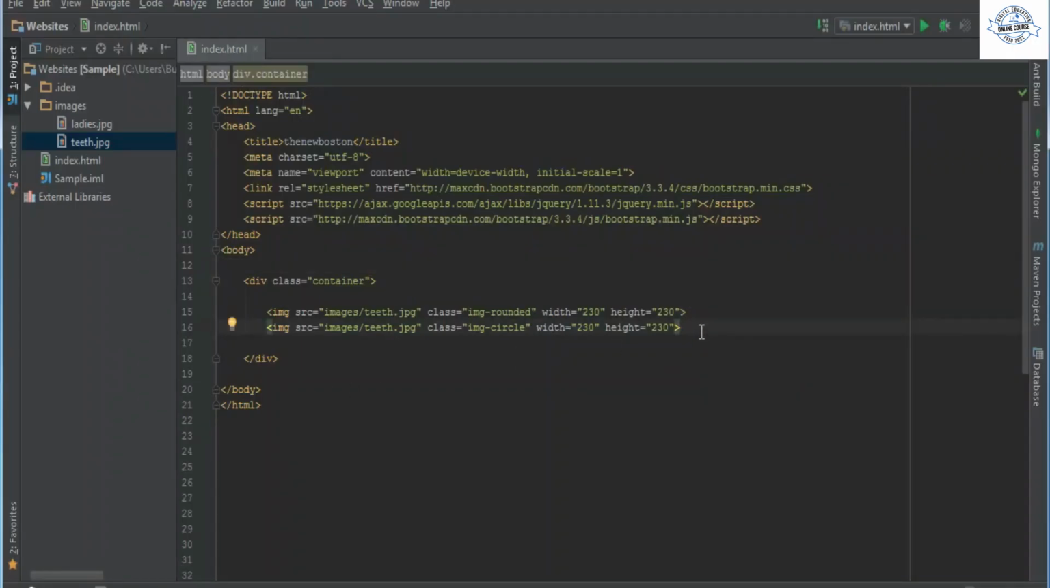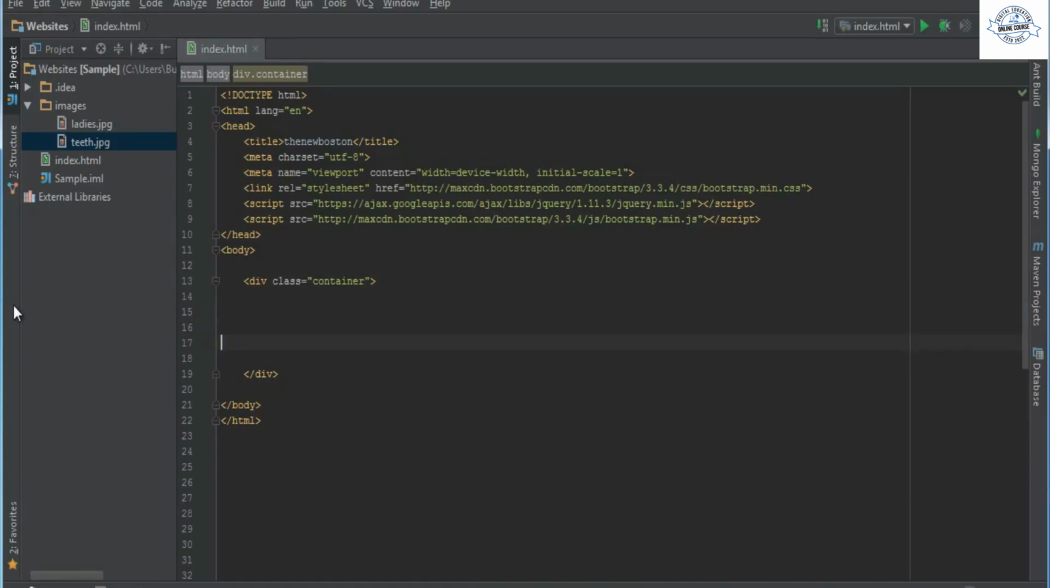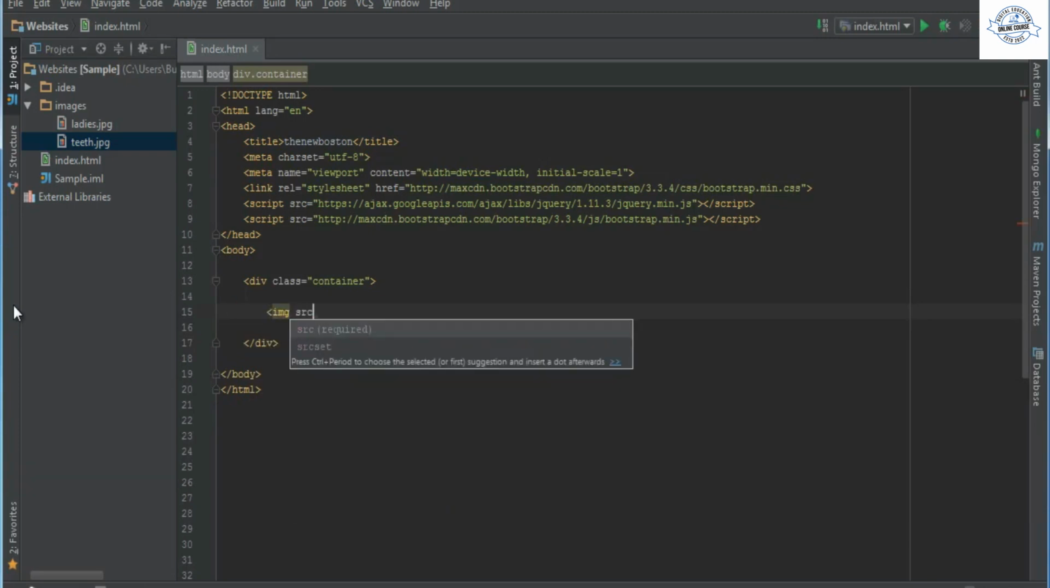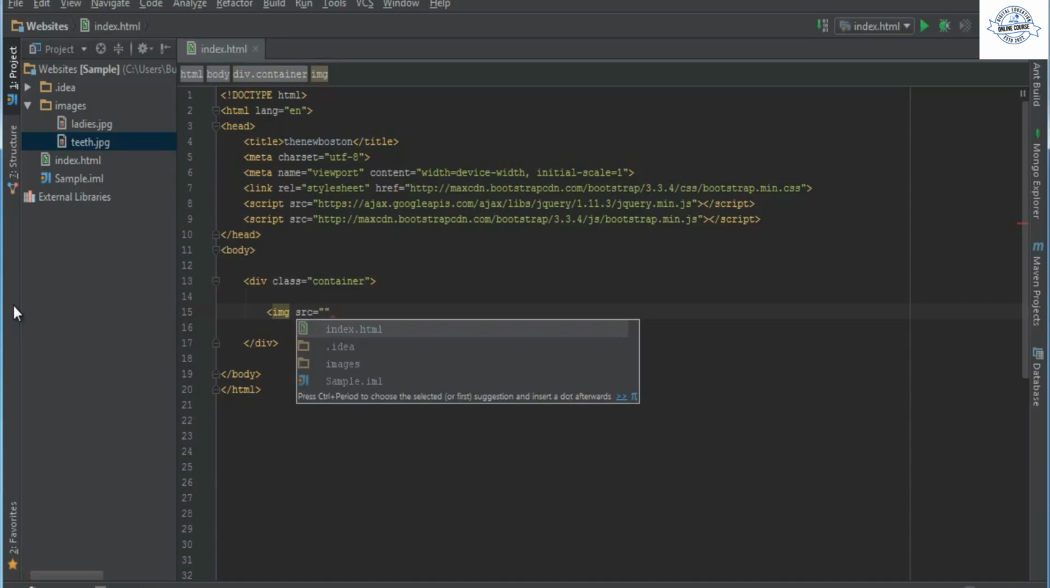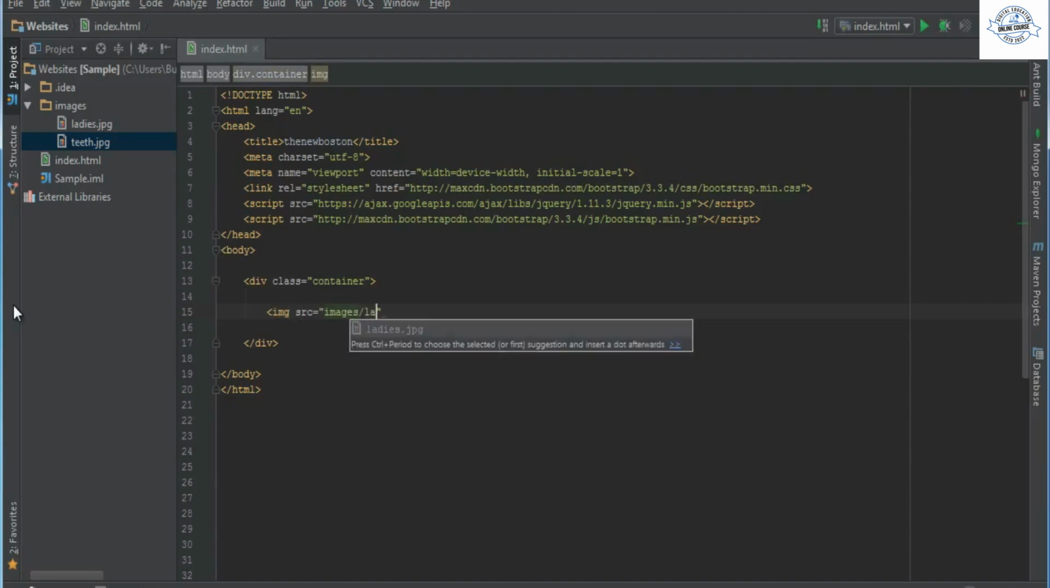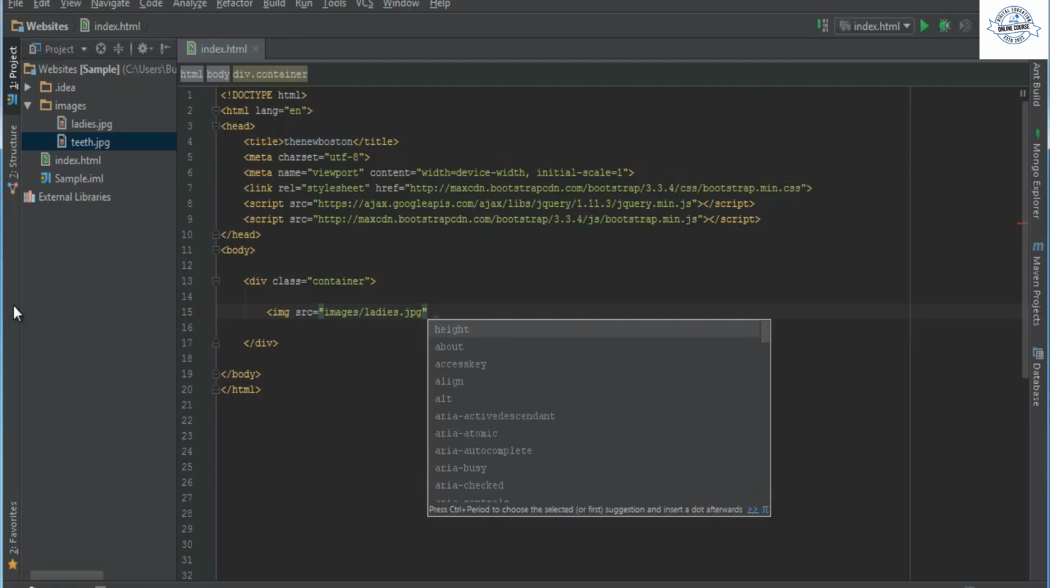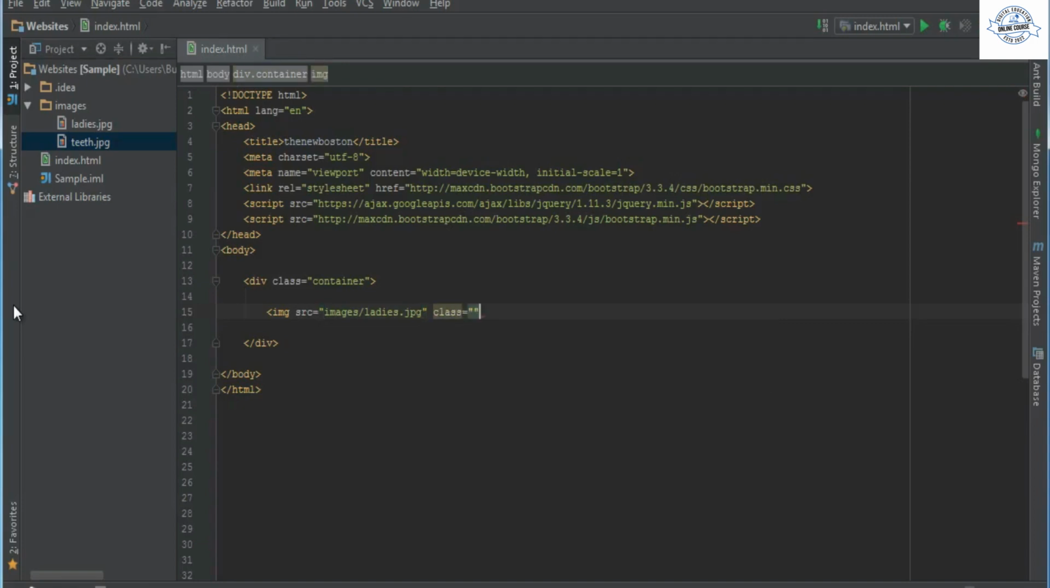Now, another thing I want to mention is, what is the difference between a responsive and a non-responsive image? Now, let me go ahead and just delete these completely. Alright, so for this, let me go ahead and use images, ladies.jpg, and let's just go ahead and make the responsive one first. So anytime you want your image to be responsive, use the class